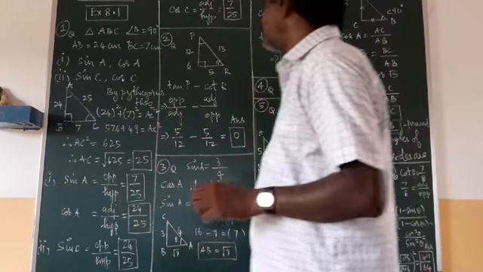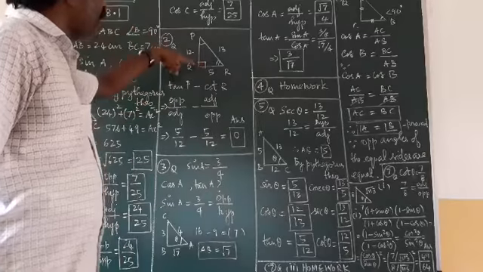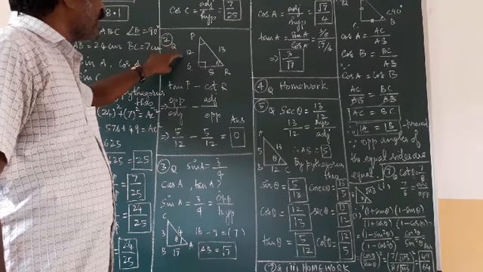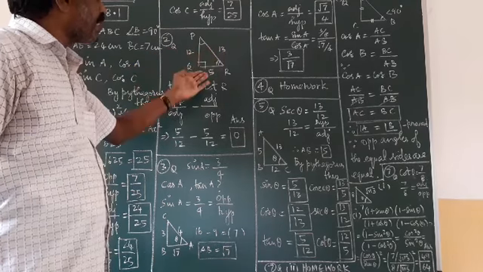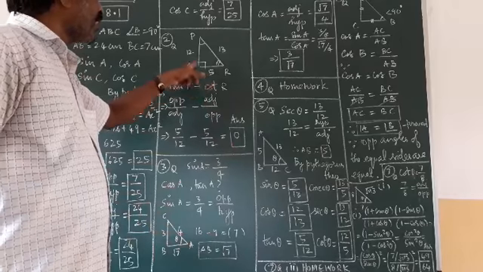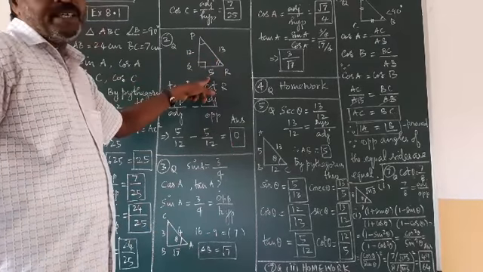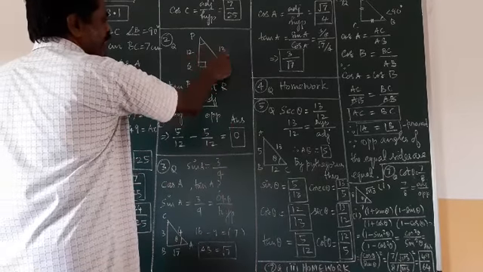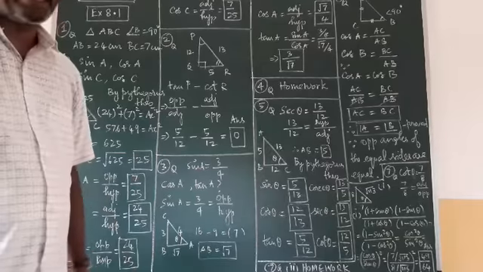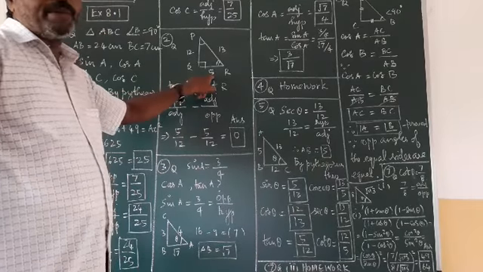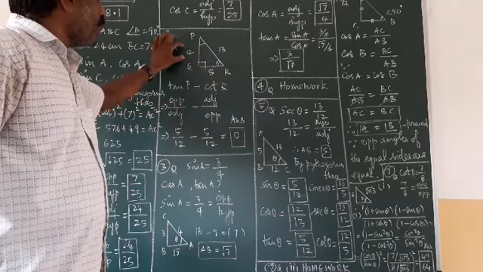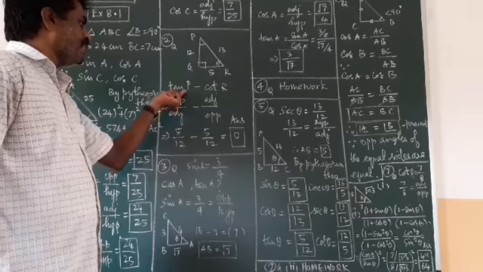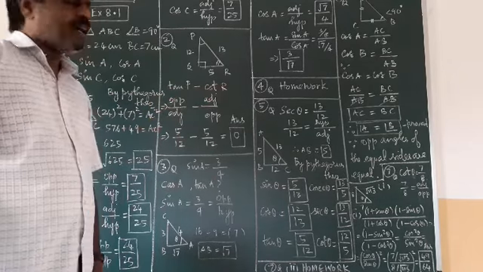Second question. One triangle PQR is given. Q is 90 degrees. Sides 12 and 13 are given. What is the other side? By Pythagoras theorem, find the third side QR equal to 5, because the bigger side square minus the smaller side square will give the other smaller side square. So 25, square root of 25, you will get 5. So 12, 5, 13, that is the Pythagoras triplet. Then they are asking to find the value of tan P minus cot R.